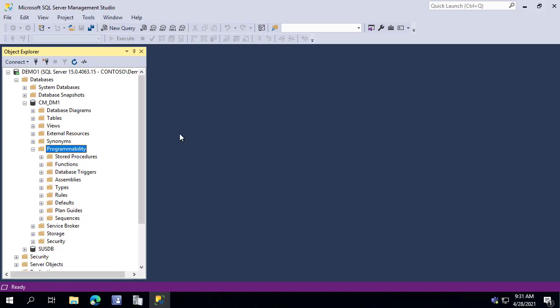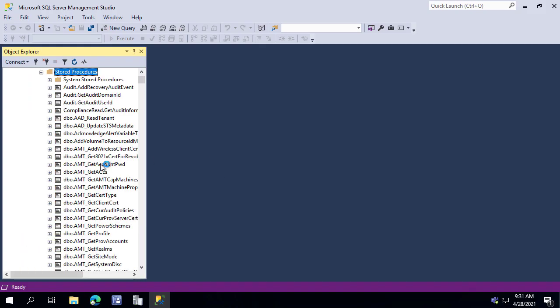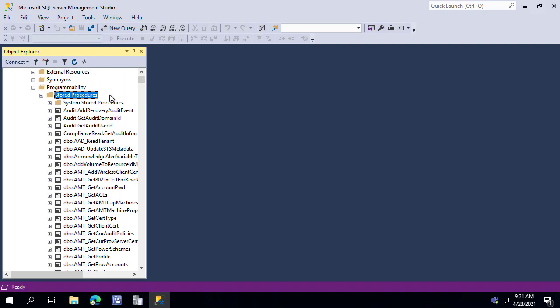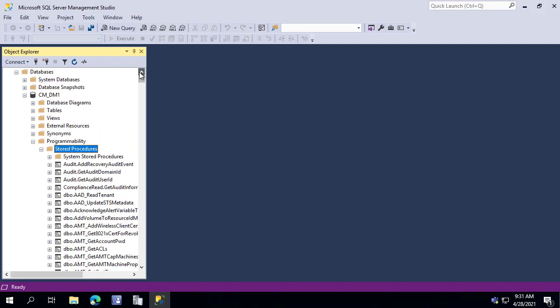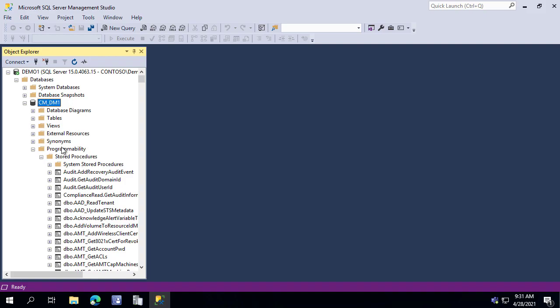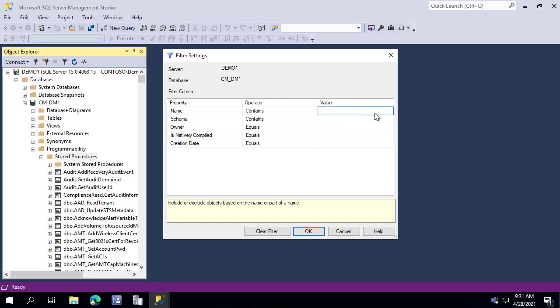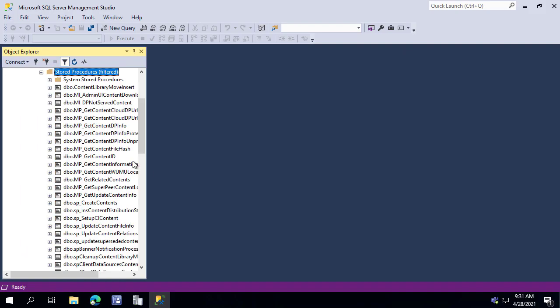All right, so back in SQL Management Studio, Cody will show that stored procedure that the management point would run when it's trying to find content for one of those content requests that we got sent up on the client side. Yeah, so within the ConfigMan database, which is what we're connected to here, it's just local on this server. These stored procedures are going to be found under the database itself, programmability, and then stored procedures. And what I'm going to be doing here is just doing a quick filter. This is a good, quick way to find bits and pieces in here, right? So I know I'm working with content,